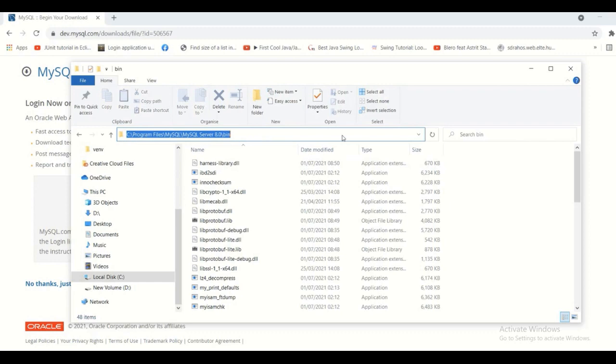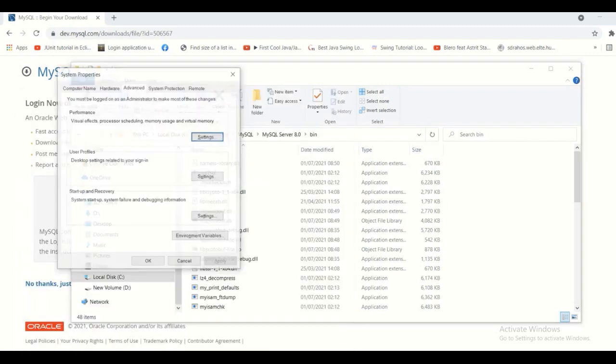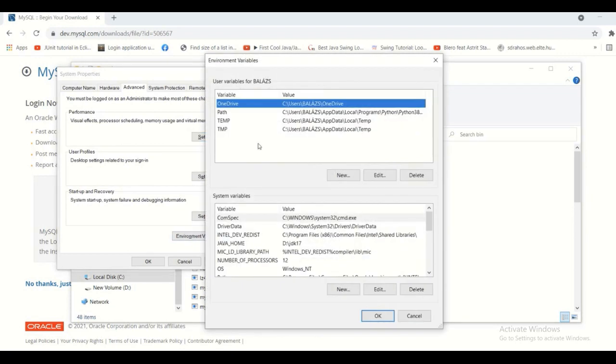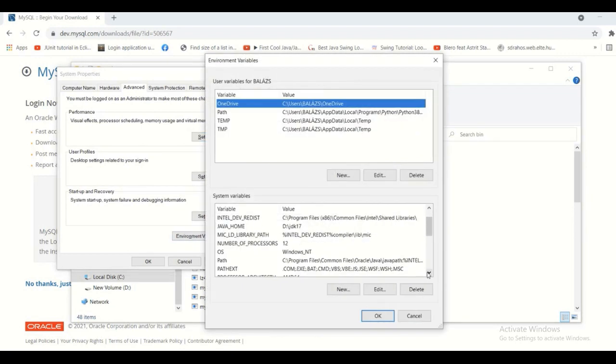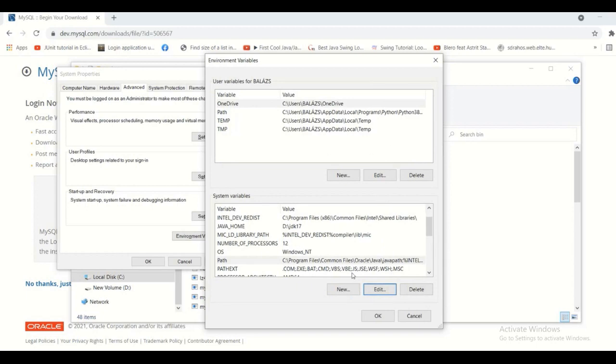This is what we have to copy. So let's look for the environment variables, and as far as the path is concerned, let's edit and let's create a new entry for the C Program Files MySQL Server bin folder. So if we click on OK,